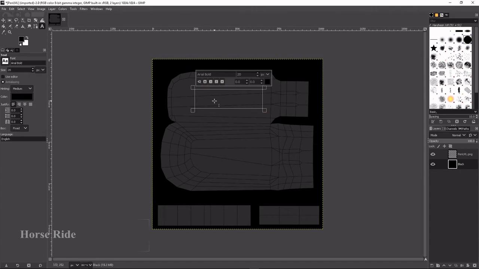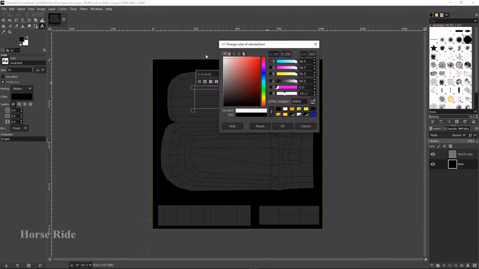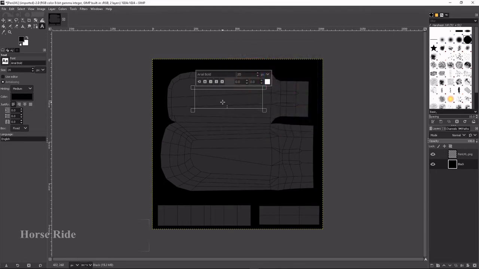So I'm going to select it, and this color also is black, so I'm going to make it white and click OK. While texturing, black is one contrast value and white is the other contrast value, so I will guide you while texturing, and you will come to know. So first let me start typing scan disk.